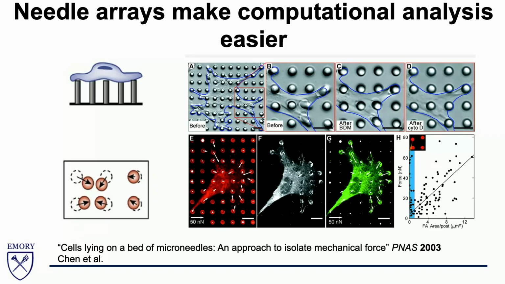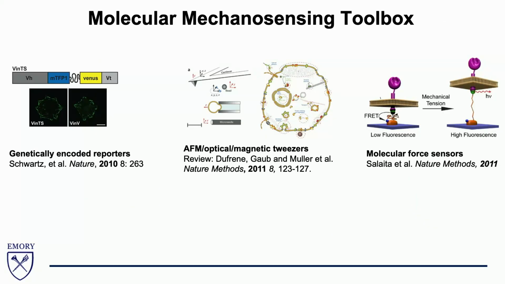But I think many of us are interested in the molecular scale forces. And so to focus on the molecular scale forces, there's really three main families of approaches, and I have these highlighted here. On the far left, you have the genetically encoded tension probes. These are typically a pair of fluorescent proteins flanking an extendable linker and inserted into the protein of interest